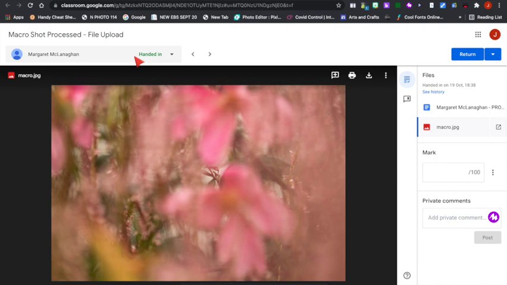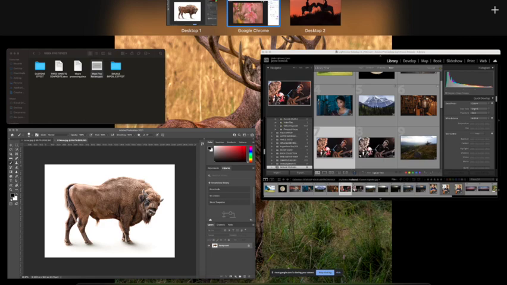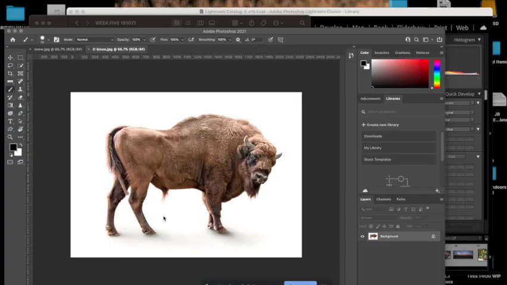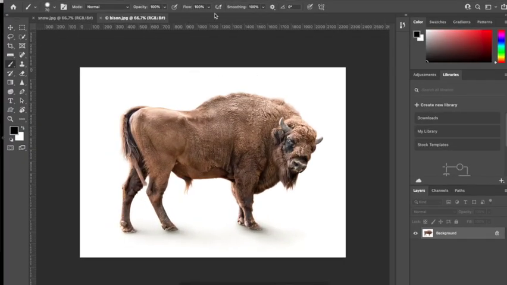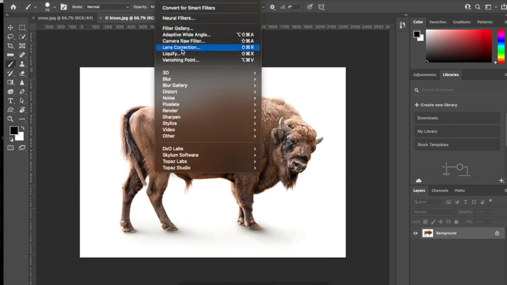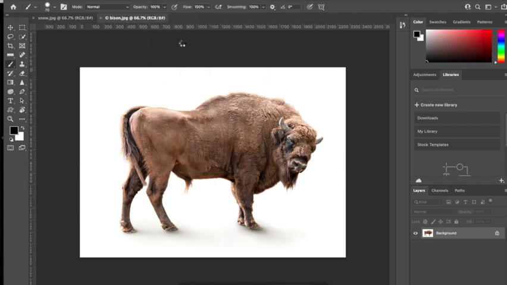Jane, you were saying to use the adjustment brush to lighten up the inside of that leaf. How would I do that? Right. So let's just see. I'll just use this as an example. If I go to Filter and Camera Raw Filter,